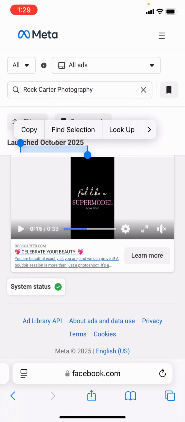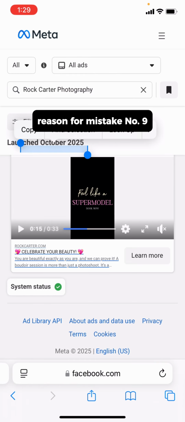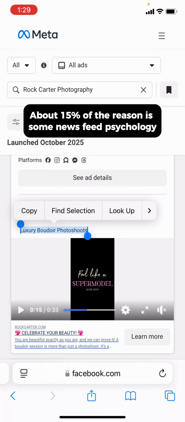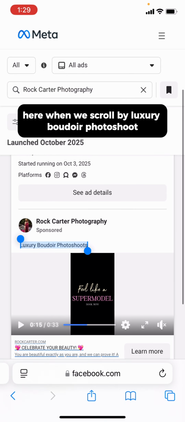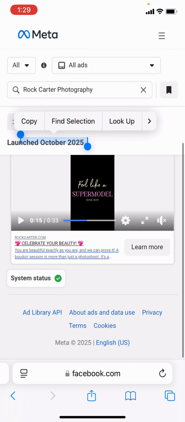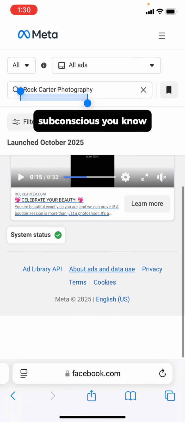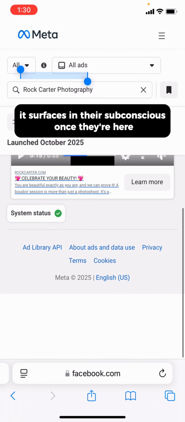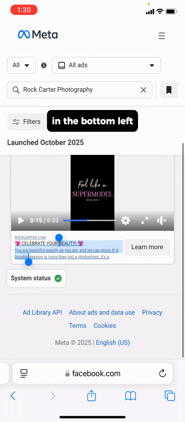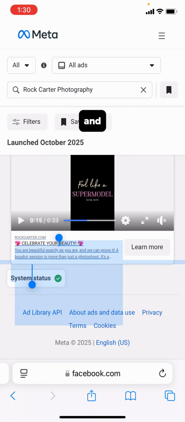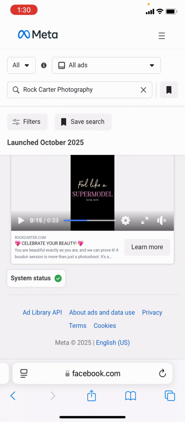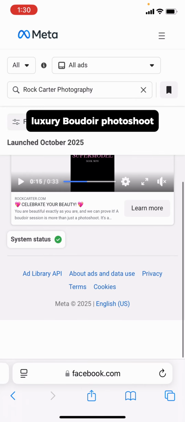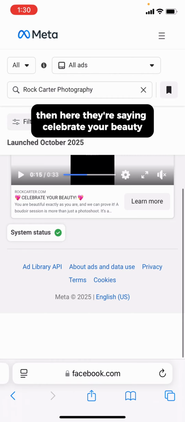Second reason for mistake number 9, about 15% of the reason, is some newsfeed psychology. When women scroll by "luxury boudoir photo shoot," it surfaces in their subconscious, the headline here. It surfaces once they're actually looking at the words in the bottom left. Because of that, their brain is surfacing "luxury boudoir photo shoot," and then here they're saying "celebrate your beauty." So basically,